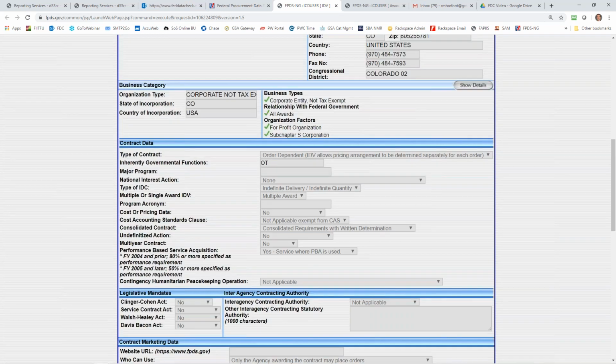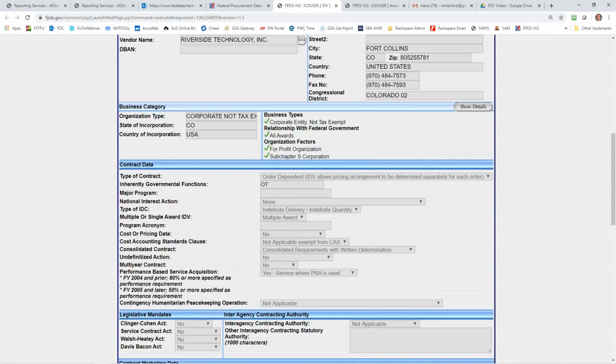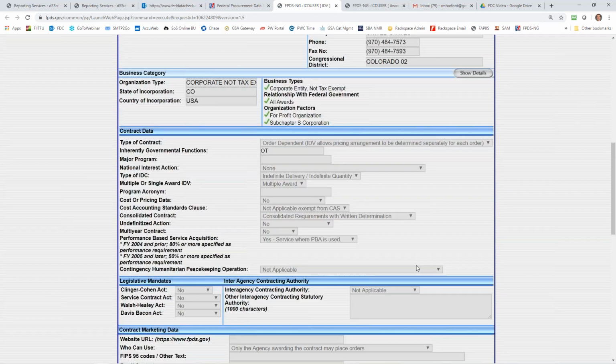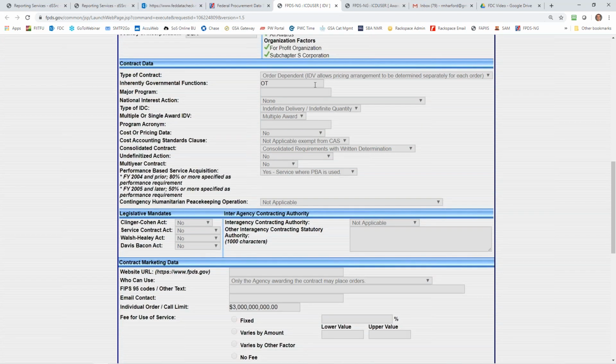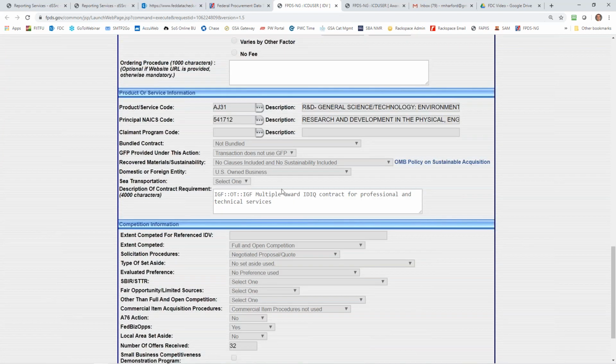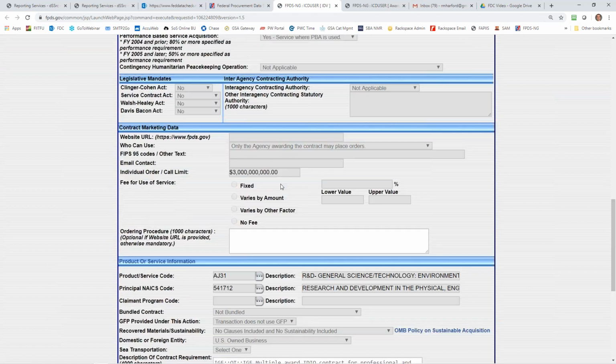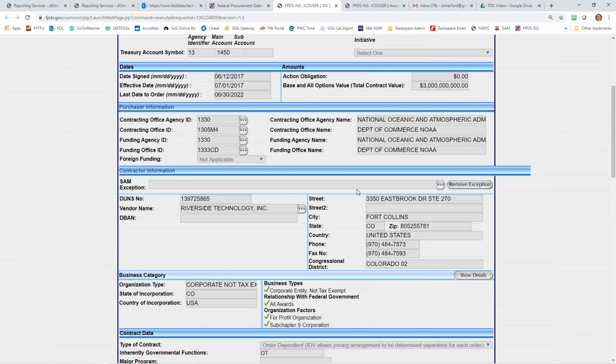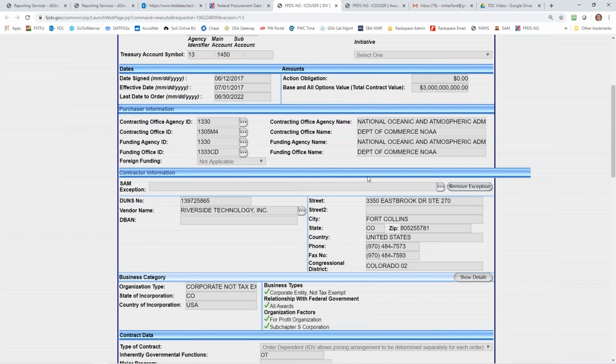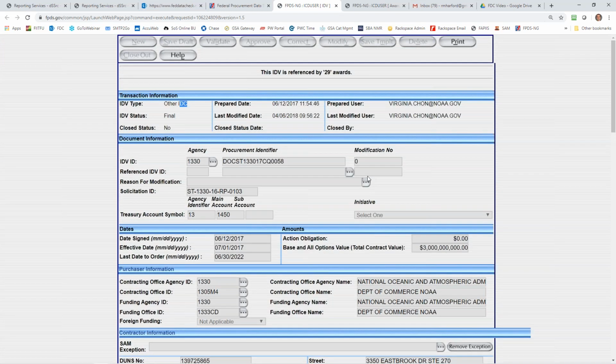I believe it says it. Well, we'll look at another one where it does have information in here as to what program it's a part of. One way I know that this is part of the satellite program is that NOAA told us it was, and they recorded it as such in FedDataCheck.